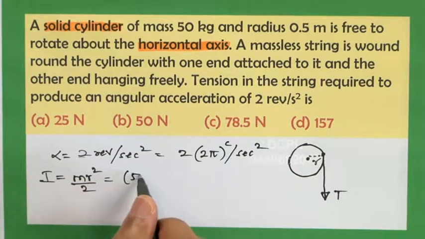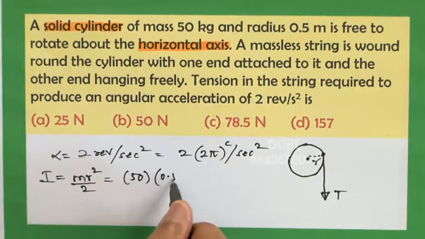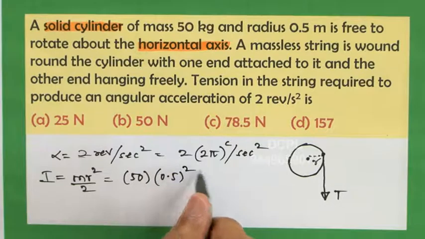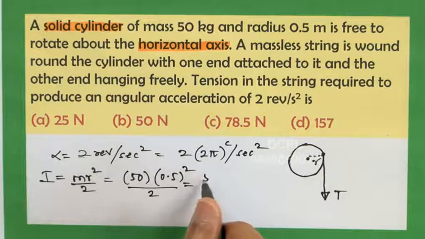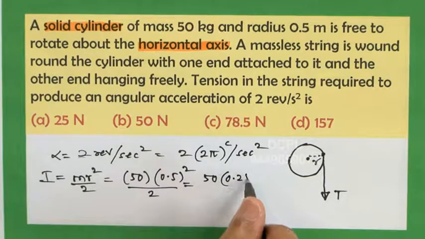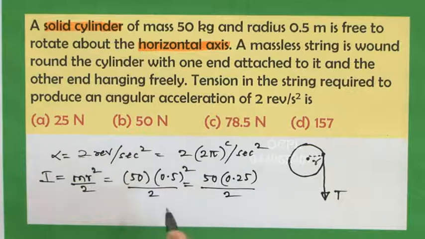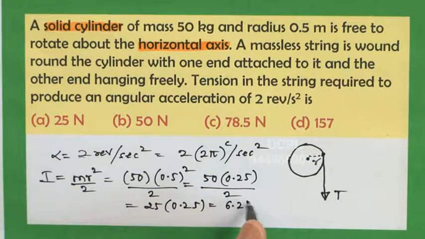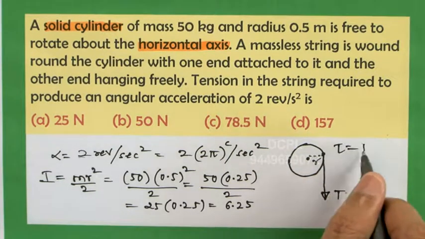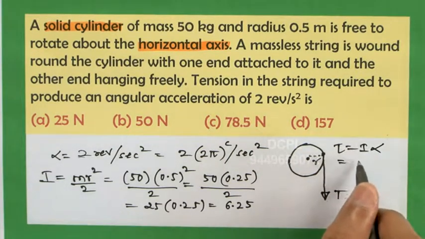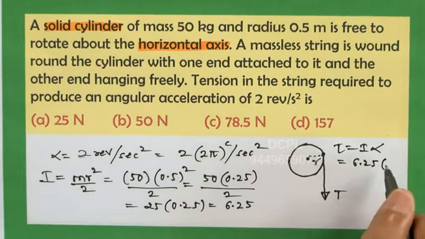Let me put the value of I as 50, R is given to be 0.5. So, 0.5 square divided by 2 gives you the moment of inertia, and that makes it 50 into 0.25 divided by 2, that is 25 into 0.25, which I think is 6.25. So, that is the moment of inertia, and now the equation has to be tau is equal to I alpha. I is 6.25, alpha is 4 pi,